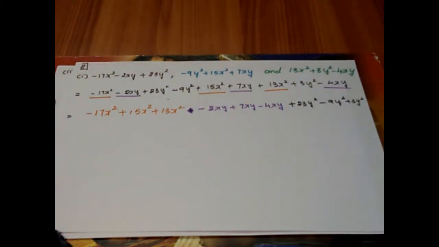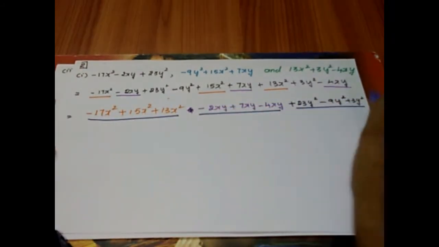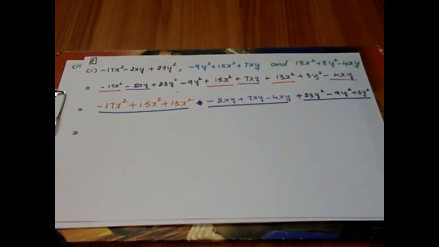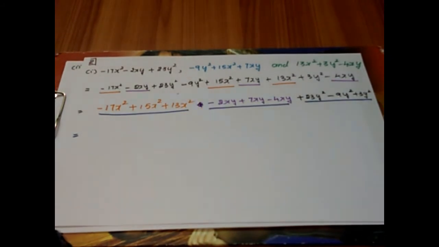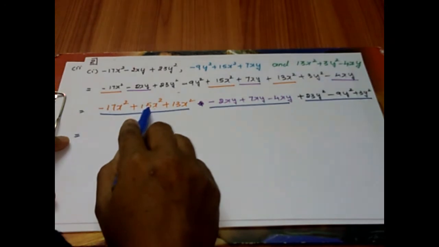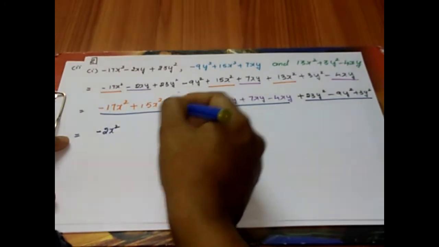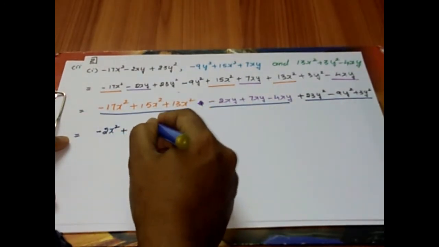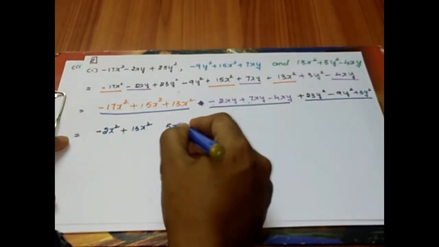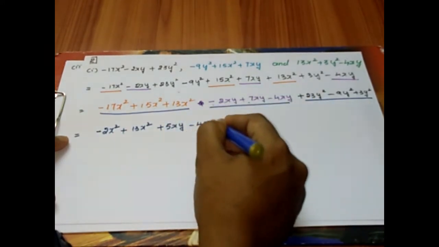Okay, now look at the first group. We have 3 terms. So in all cases, when you are adding or subtracting like terms, children, repeat the step or recall what I have explained and apply it the same way. So how will I do it? Let me consider the first 2 terms. 1 minus, 1 plus. So subtract, and write the greater number's sign. Now keep the third term as it is.